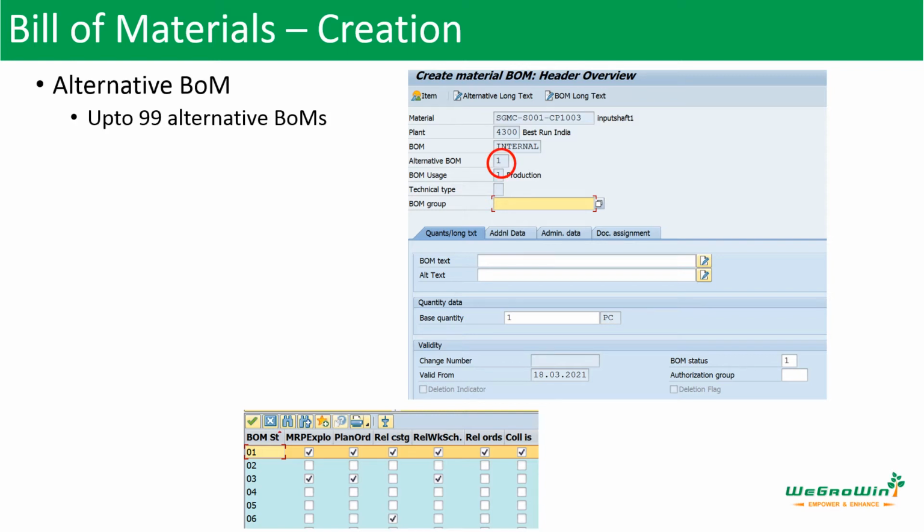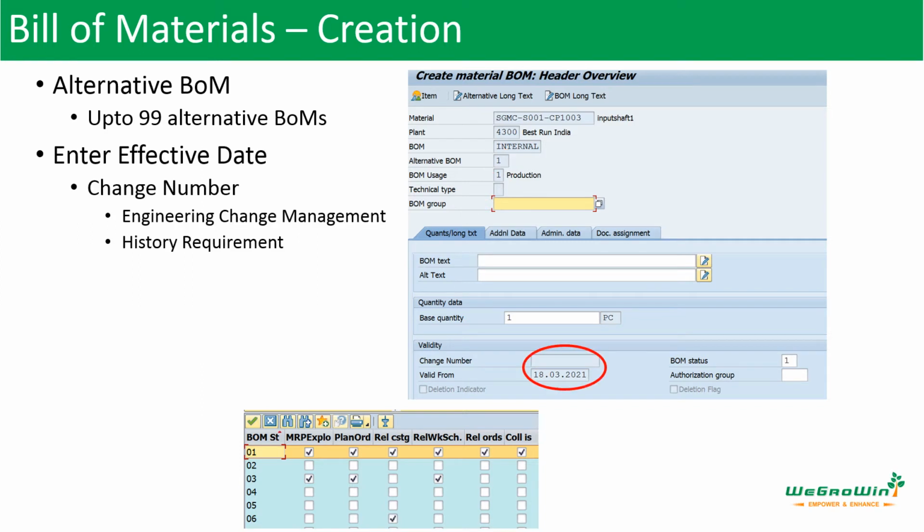It starts with the alternate BOM. We discussed that when creating the alternate BOM, we did not give any value, but here the system is showing 1 because this is the first bill of material. If we had entered alternate 2 there, it would have shown 2 here. For a product, we can create up to 99 alternate bills of material. 99, right? And then you have this valid from date, which we entered earlier, appearing here. And also in engineering change management, there may be a change number which will be applied. According to that, the changes will be recorded. So the change number and the date from which it is valid, that also we can capture in this field here.